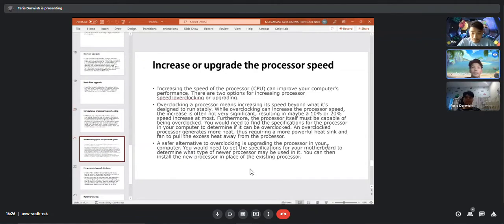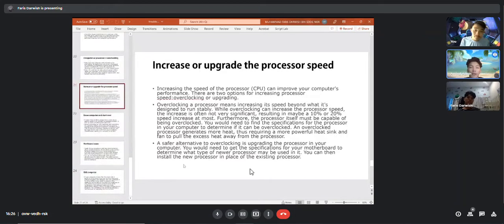Increase or upgrade the processor speed. Increasing the speed of the processor, the CPU, can improve your computer performance. There are two options for increasing processor speed: overclocking or upgrading. Overclocking is a processor